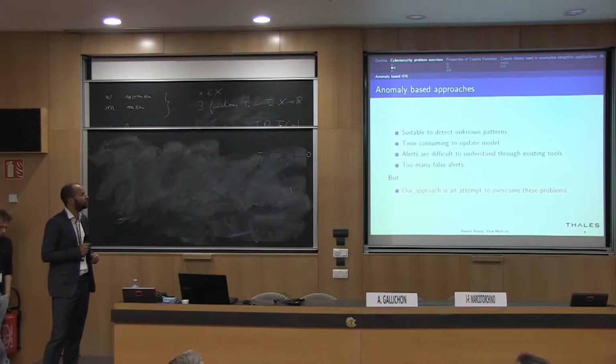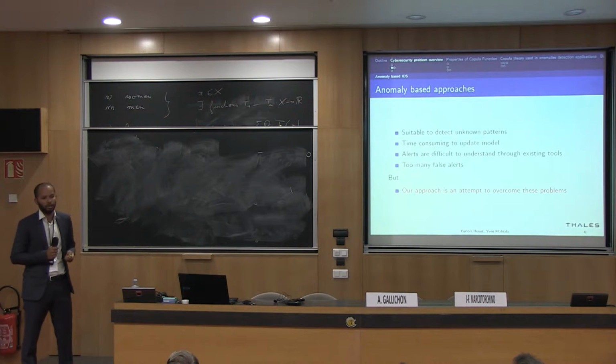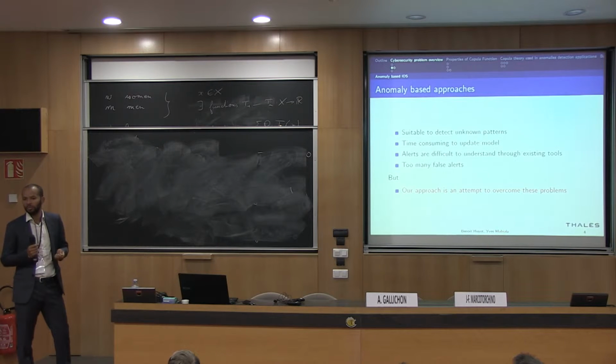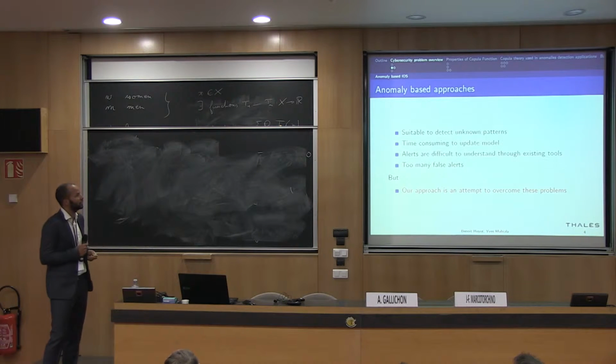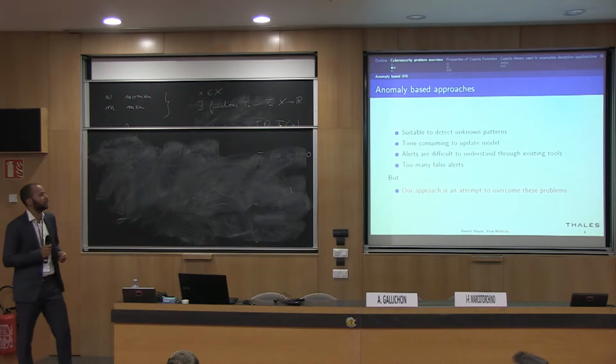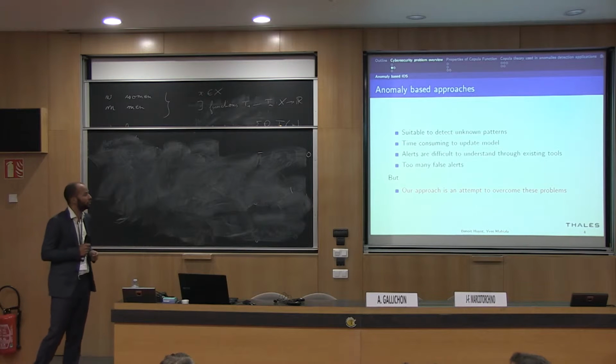Alerts, that's basically one of the biggest difficulties. That's why not a lot of systems have been used operationally. The system can raise alerts, as I said before, but if the operator cannot understand why the system is raising an alert, then it's no use. You won't use the raised alerts. And another drawback is that quite often, but I would say that it's general in unsupervised anomaly detection, it raises way too many false alerts. So basically, the operator lowers his trust in the system.